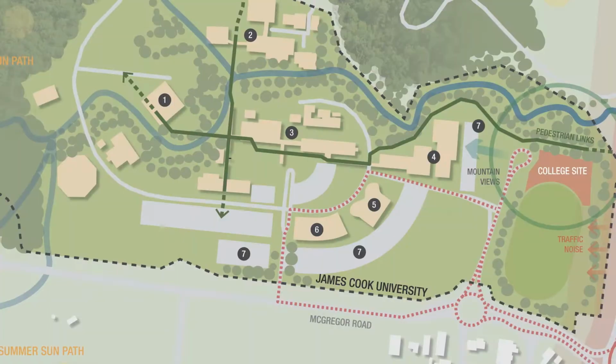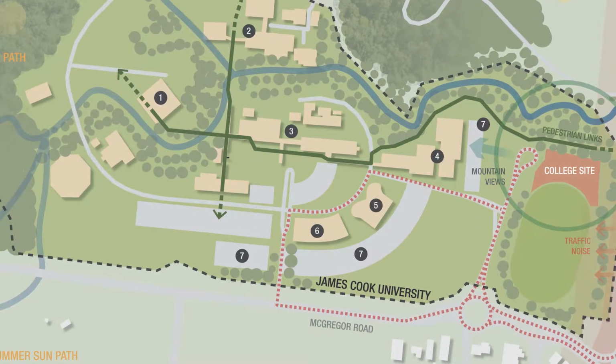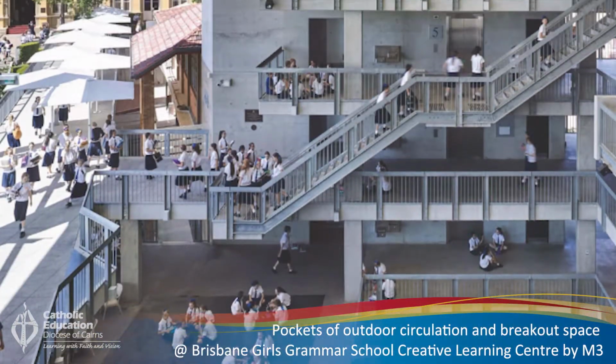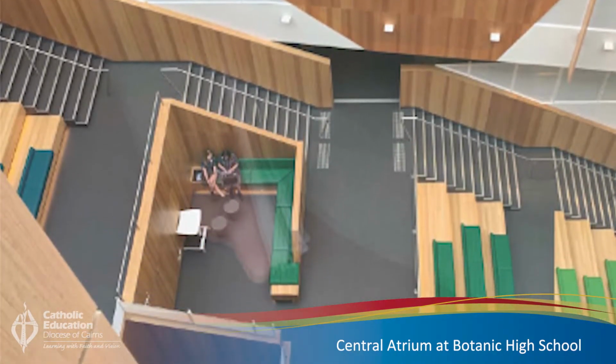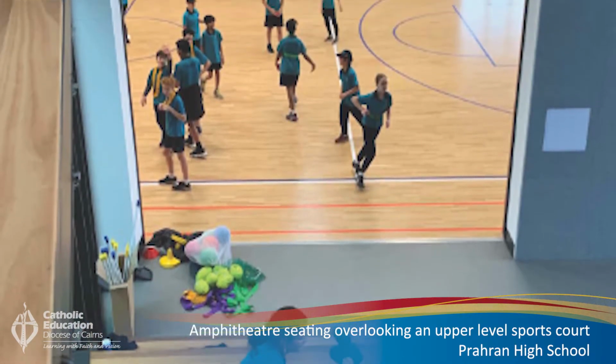It's an interesting design, this one. We're building a vertical school, which is a relatively new term. It's happening on smaller constrained sites in larger inner city areas, but we have a smaller site here as well to fit in with the JCU campus. So this will be a multi-level school, but the difference will be there'll be a lot of interconnection between the floors. Interesting things like the PE court will be on the second floor with tiered seating looking at and opening